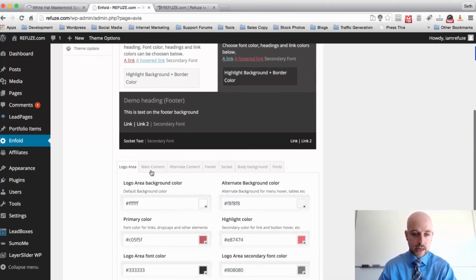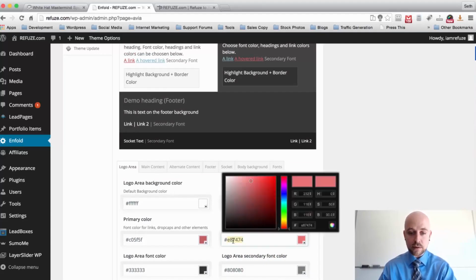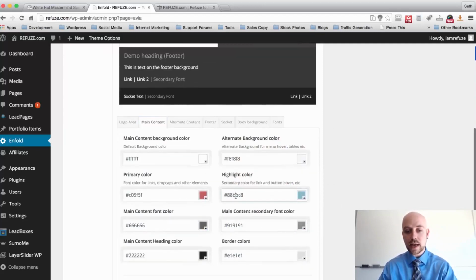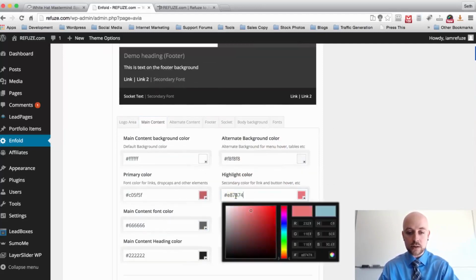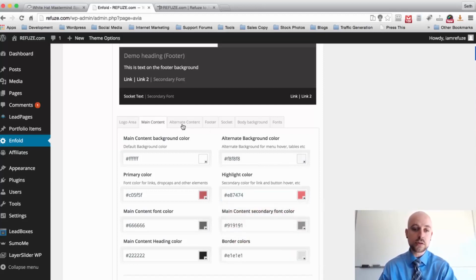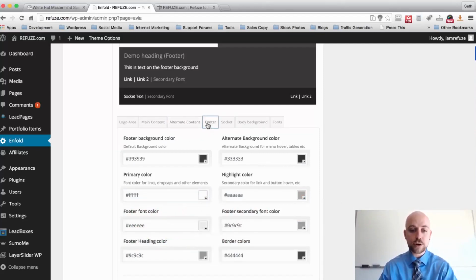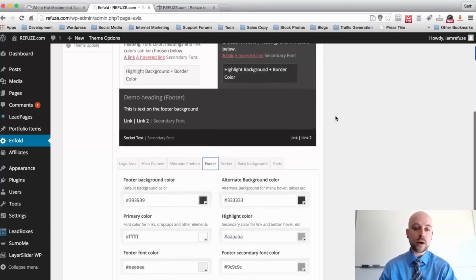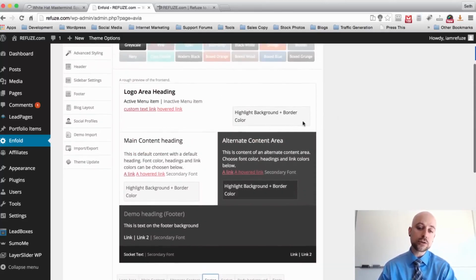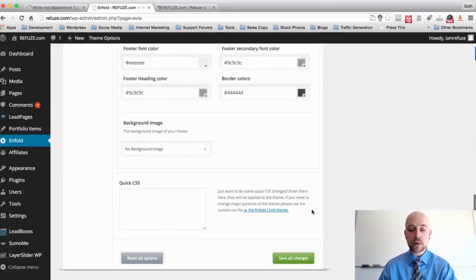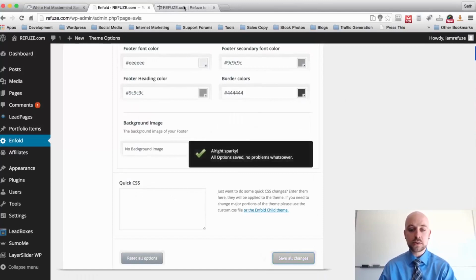And then I'm going to go ahead and take this new color that we've added and copy it, go over to the main content area, and replace this highlight color with it as well. And you can hit this little color circle here to make sure it inserts. Go over to the alternate color, and the primary color, we're going to go ahead and add it there as well. Footer. Now the footer by default is not using any of these more extravagant colors, and that's okay. We can keep the footer simple, but we're going to go ahead and hit save changes,